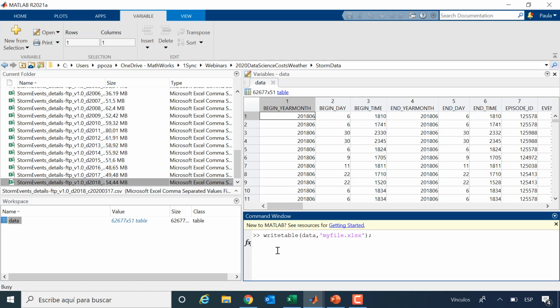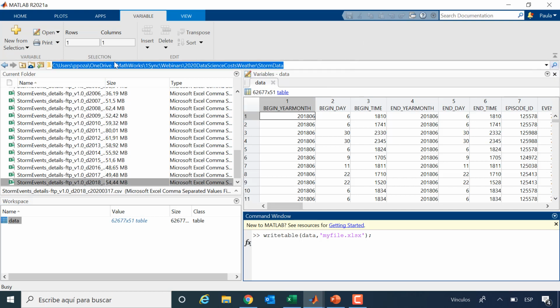Let's say I write this. Keep in mind it's quite big data, so it'll take a little while. You can see MATLAB is still busy. So we are in this directory.